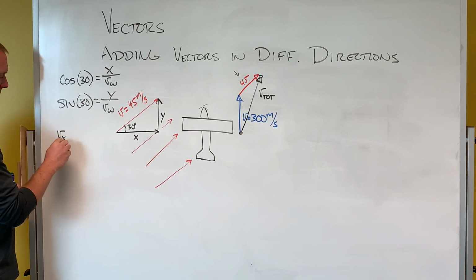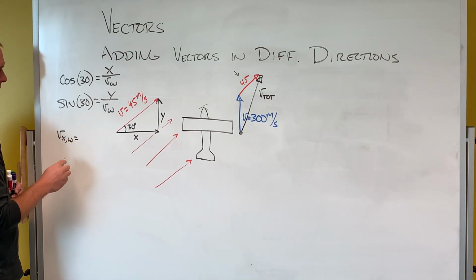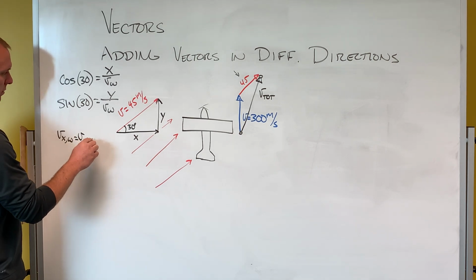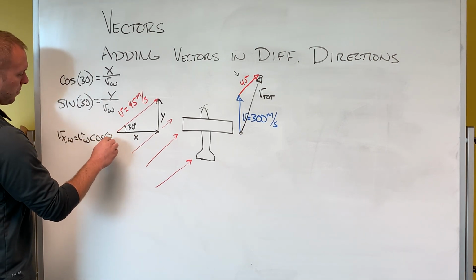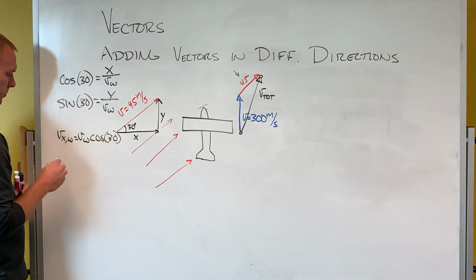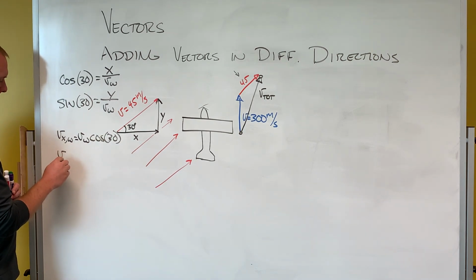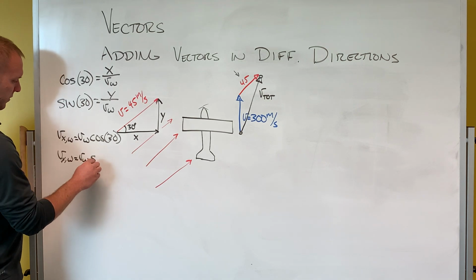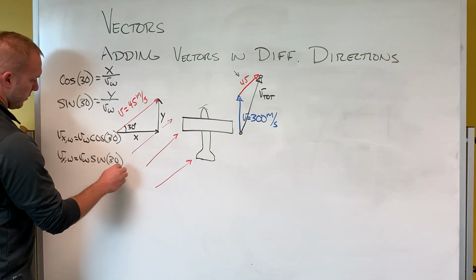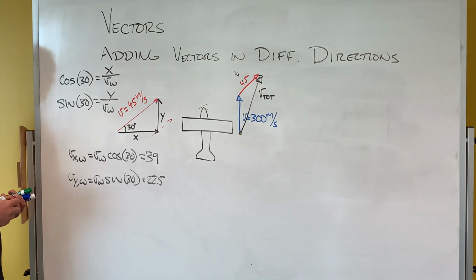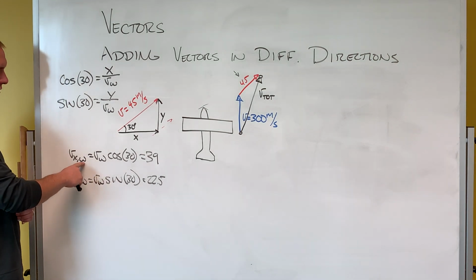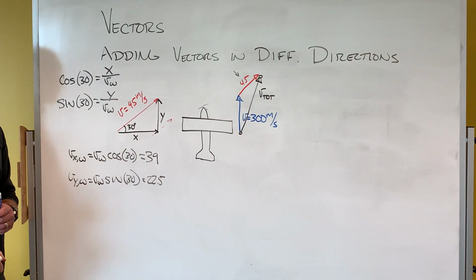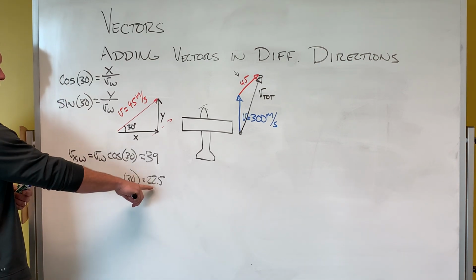The velocity in the x direction of the wind is the velocity of the wind times the cosine of 30 degrees, and the velocity in the y direction of the wind is the velocity of the wind times the sine of 30 degrees. In calculating each of those, I got the velocity in the x direction to be 39 meters per second, and the velocity in the y direction to be